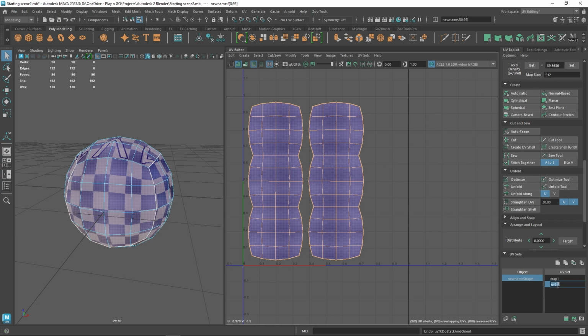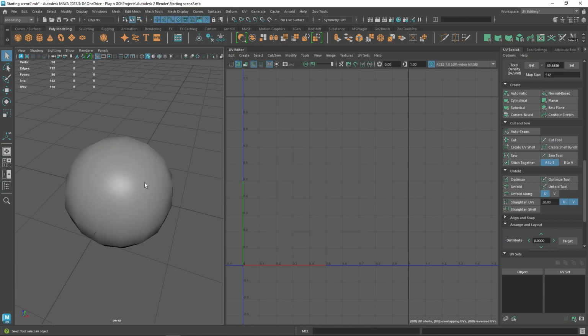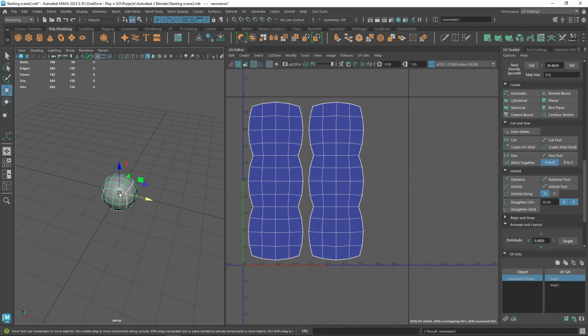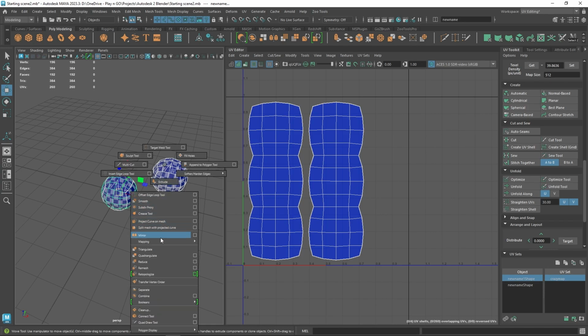Be careful with renaming these. Also, sometimes if you have two objects and one has a different map, so let me just rename this and say crazy map, and this other one has two maps, right? And now if I combine these objects, right click,